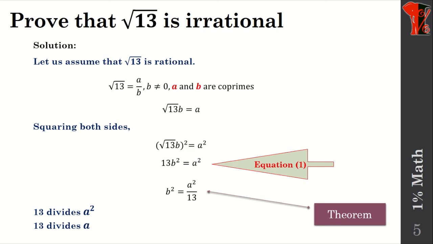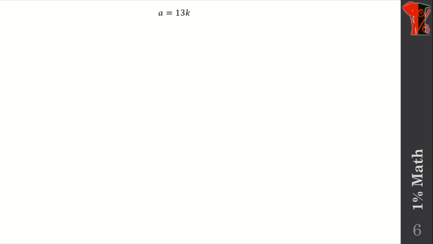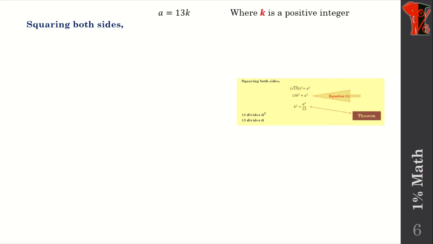Let us continue further. If I am saying 13 divides A, that means A is equal to 13 into some number. Let that number be k, where k is a positive integer. Again, we are going to square both sides, because in the previous steps, as you have seen, we have marked one equation. Now what we have got is that A can be divided by 13. Now I need to prove that B also can be divided by 13. To prove that, I have to replace A, and in place of A I should get B. So for that reason I am going to square it. When I square, I get A square is equal to 13k whole square.